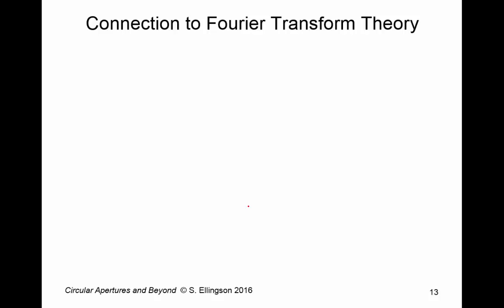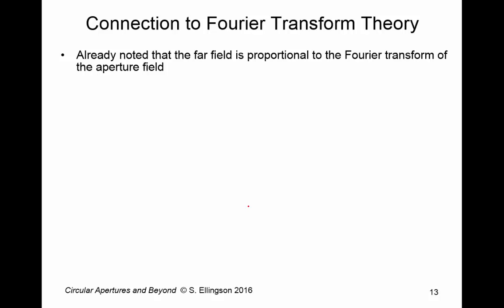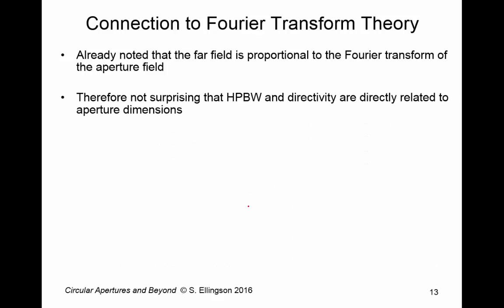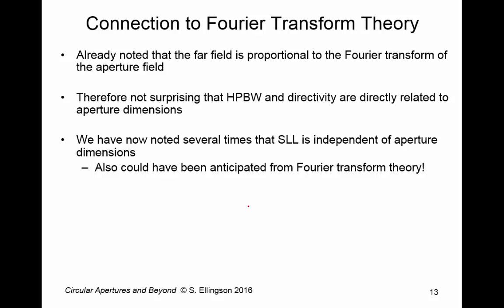We've seen a few hints of this already, but now let's lay out the whole story in terms of the connection to Fourier transform theory. We already noted that the far field is proportional to the Fourier transform of the aperture field. They're different only by the obliquity factor, and the obliquity factor plays only a small role if the aperture is large, and the role it plays is limited to the far outside lobes. It's therefore not surprising that half-power beam width and directivity are directly related to the aperture dimensions. We've noted now several times that side lobe level is independent of the aperture dimensions, and this is straight out